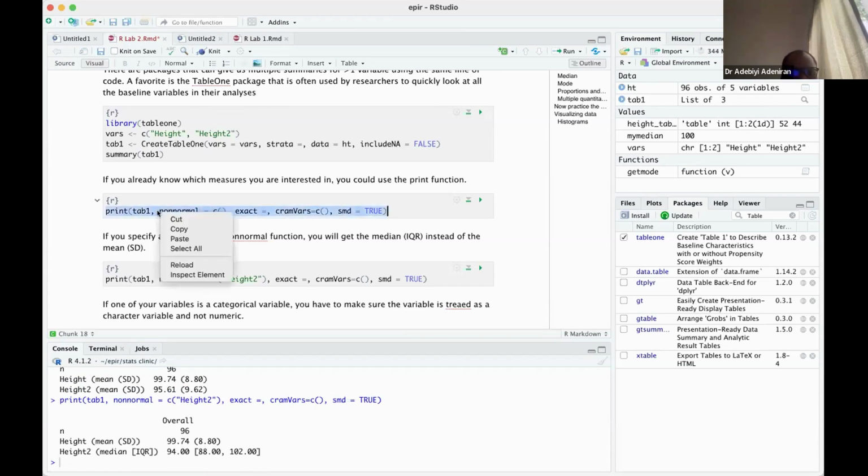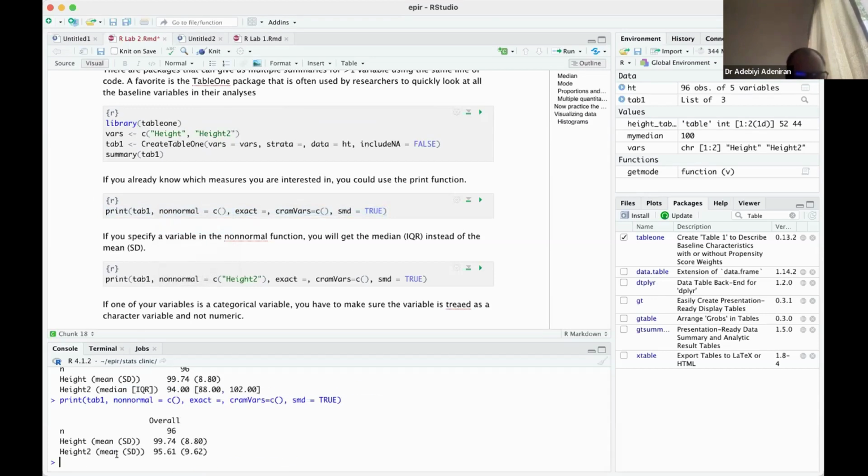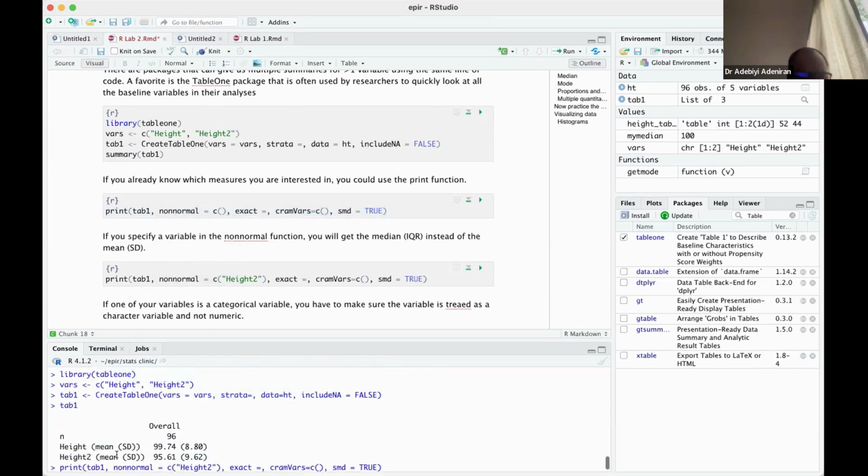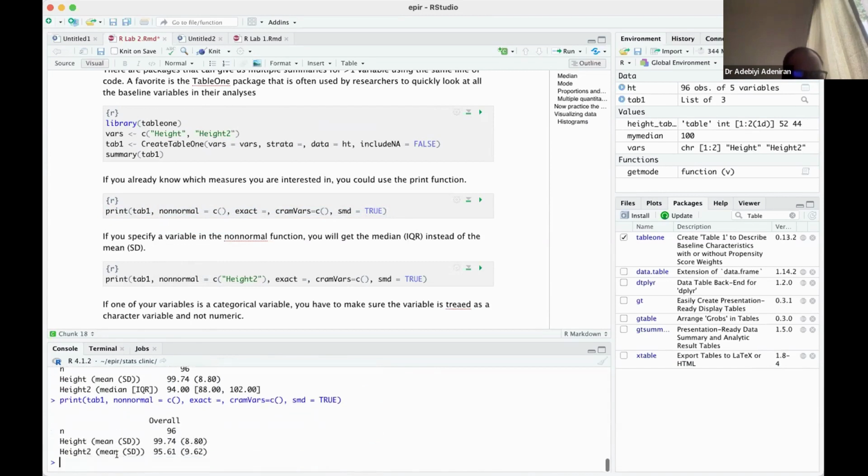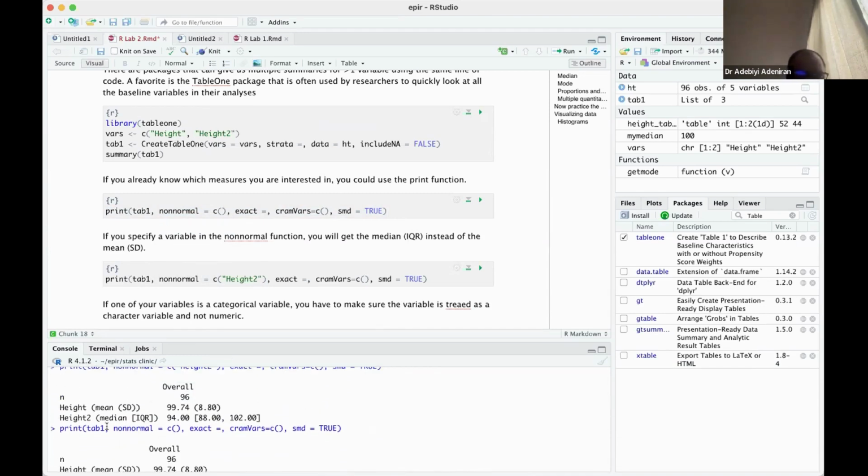Let me see what this function comes up with. It's still the same thing as the first function that we have as a summary. So it just gives us the summary, so there's no difference in here. The thing is that if you put help, if you go to help and you let's say